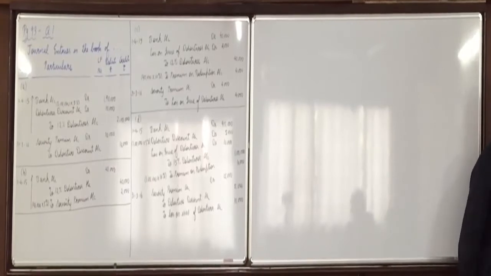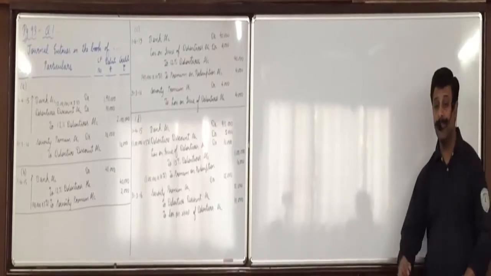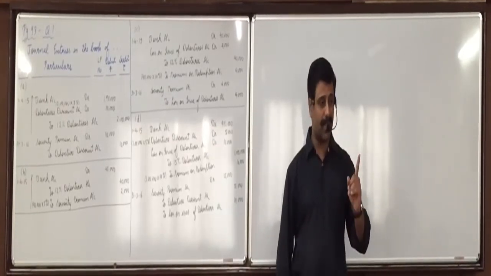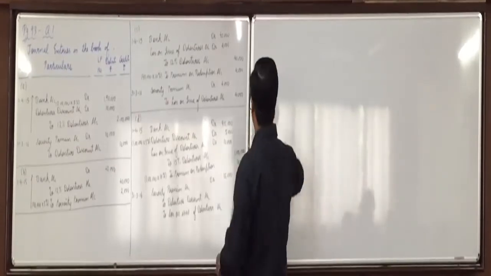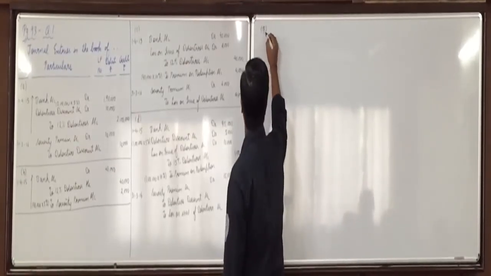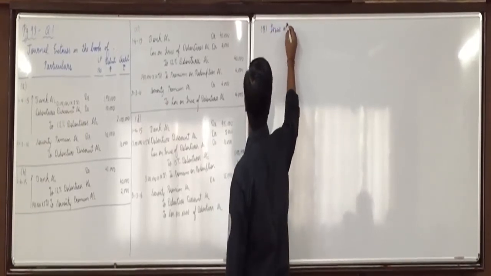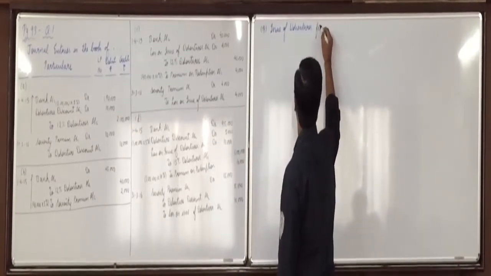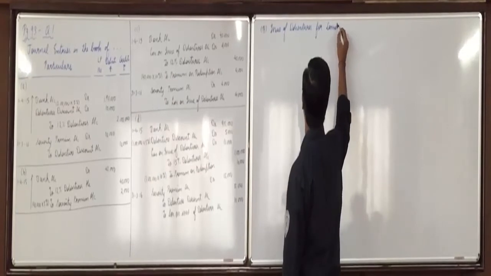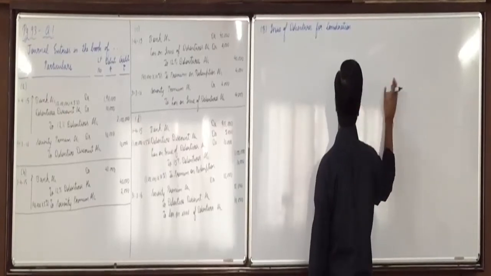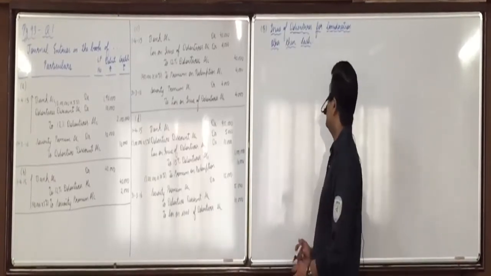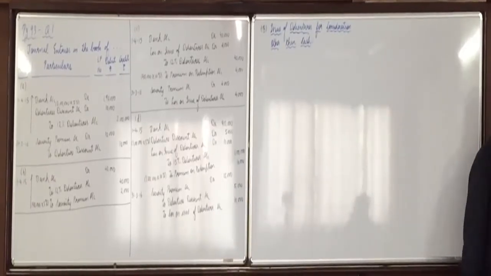So in issue of debentures, what is the second thing I made you write in the summary yesterday? Now, in the issue of debentures, I made you write 3 topics. Issued for cash, consideration other than cash. Okay, so now we take up that point. Issue of debentures for consideration other than cash. I think we did it in shares also. Yes, sir. Okay, in shares also we have read this topic. It is exactly similar.